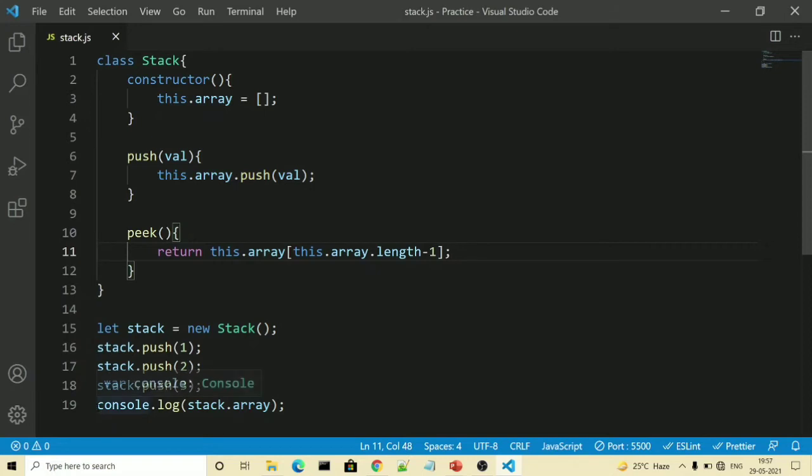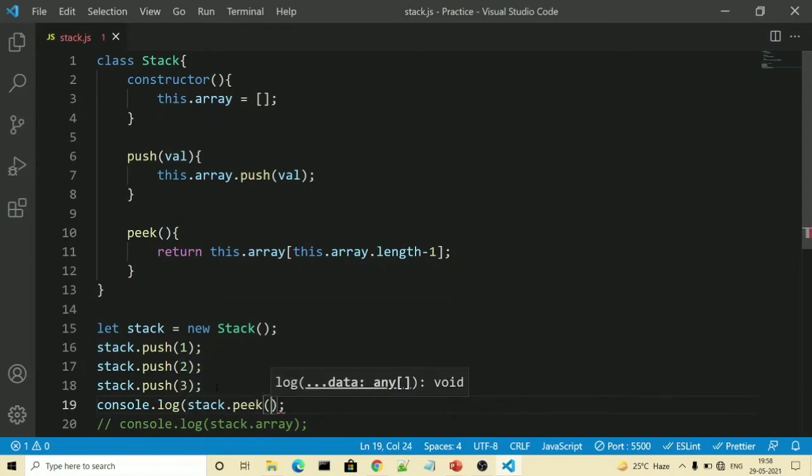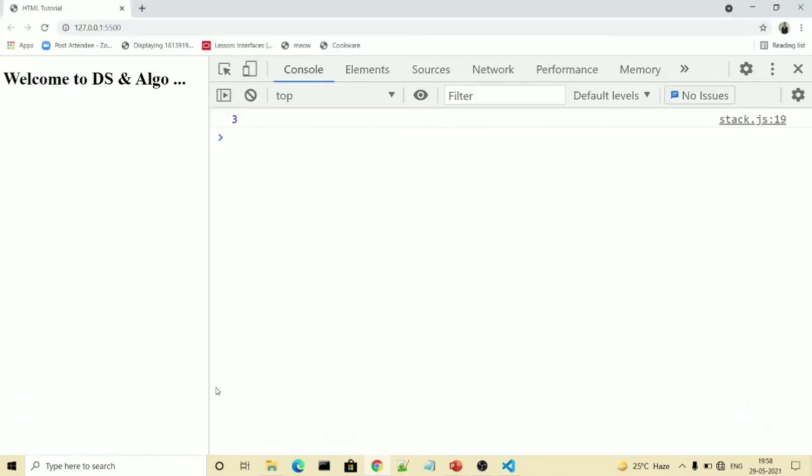So we will comment out this statement for now, and we will call our peek method, stack.peek. Now we will wrap this peek call inside console.log as it is returning some value. Here we are able to see it is returning 3. So the peek method always gives you the last item which has been inserted.